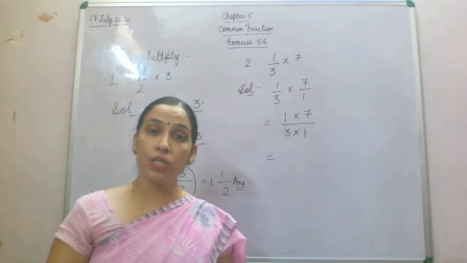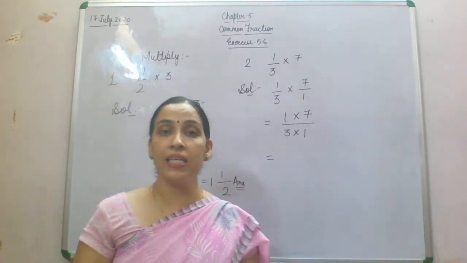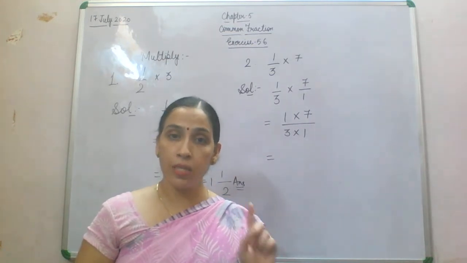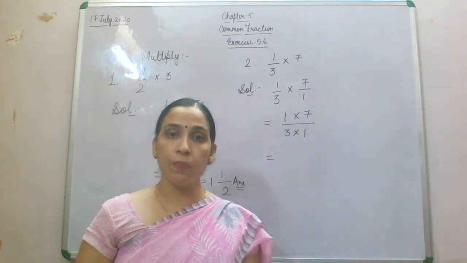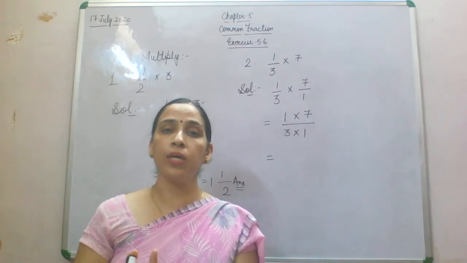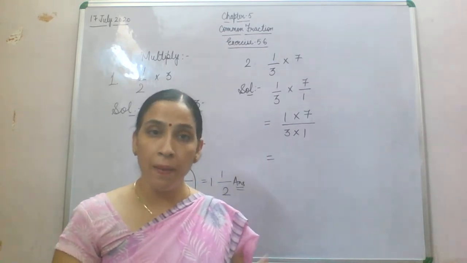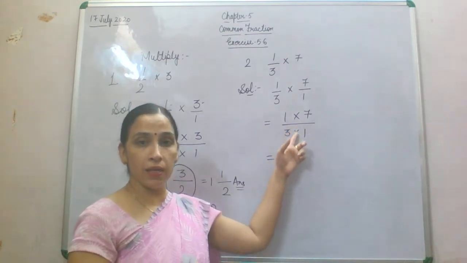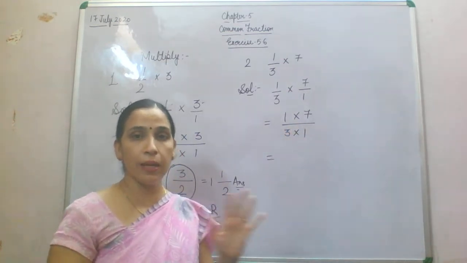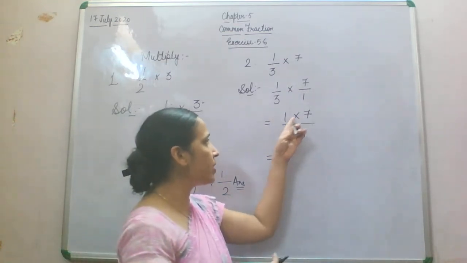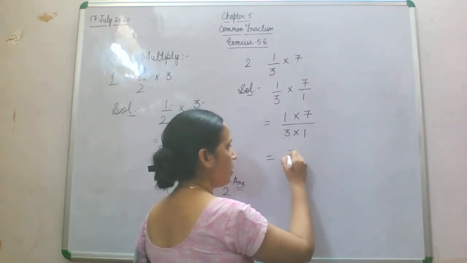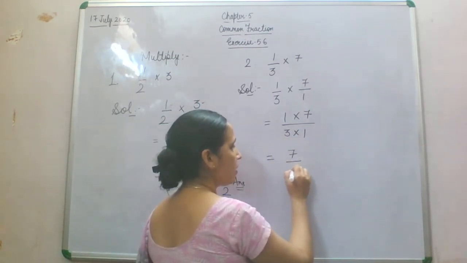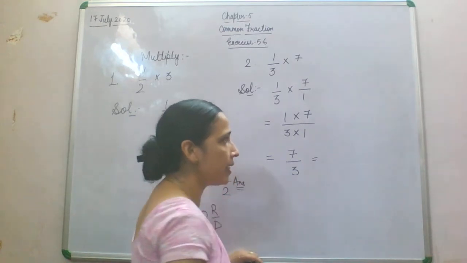This operation we cannot perform in addition. We cannot use it in subtraction. In addition or subtraction, after adding, only then can you reduce it into lowest terms. But here in the multiplication, you can reduce it here only, in this step only. So what do we have to do? 7 ones are 7. Then 3 ones are 3. Now what is the next step?